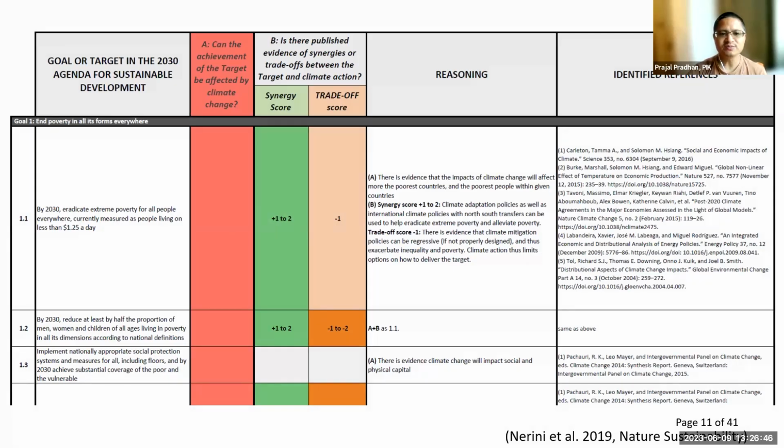And here in terms of SDGs, a lot of literature assessment is also done to understand synergies and trade-offs among different goals. For example, this is one of the examples here. What we can see is that the rows are about the SDG targets. Here, for goal number 1 it is target 1.1. And if you look at the column, there is a question: can the achievement of the target be affected by climate change? And then there is another column: is there published evidence of synergies or trade-offs between the target and the